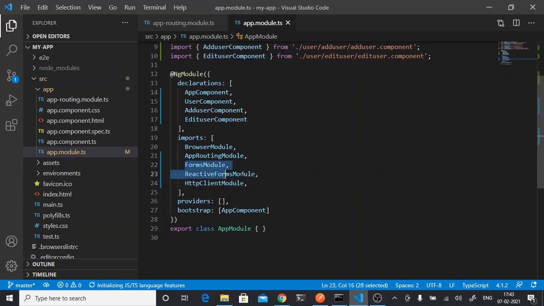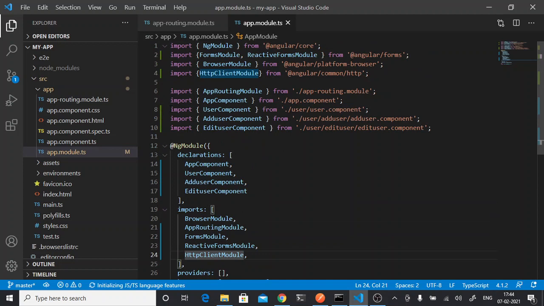Three of them I have imported: FormsModule, ReactiveFormsModule, and HttpClientModule. Once you import them, you also have to add them to the imports array like this. Here also I have imported the same.